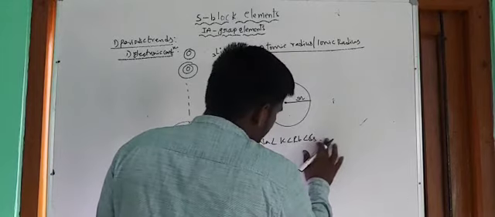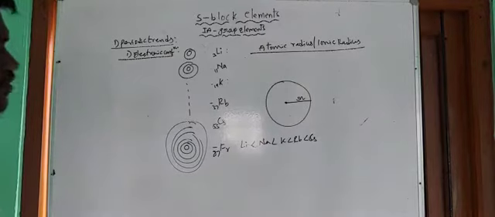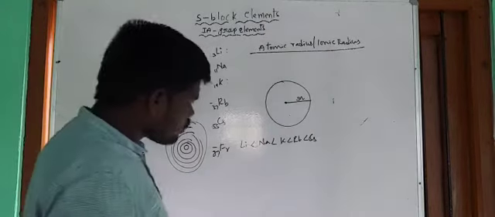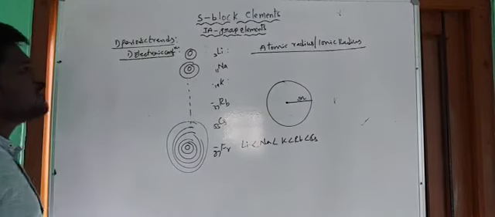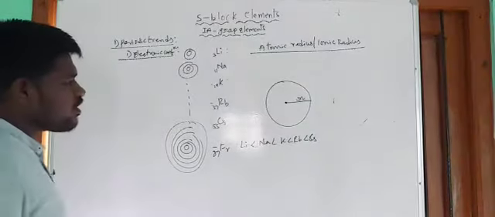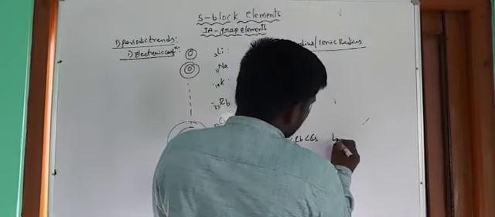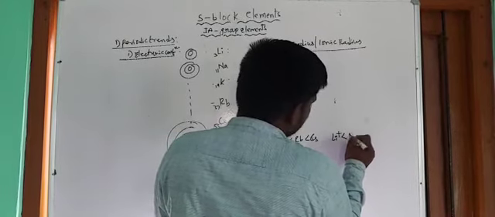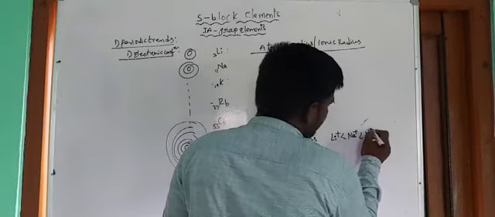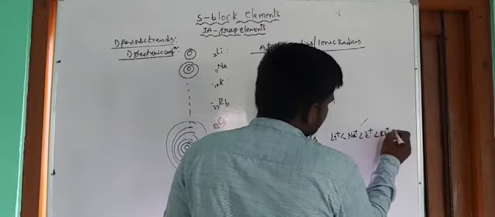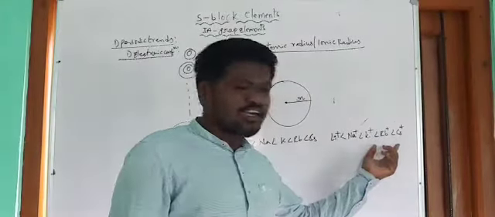So it is better to ignore francium. This is a highly unstable element. So up to cesium, it is better to always consider. So right guys, this is the increasing order of the atomic radius of the elements present in the first A group. Next, what about the ionic radius? For ionic radius also the same order follows. Li+ has a smaller size than Na+, followed by K+, Rb+ and Cs+.